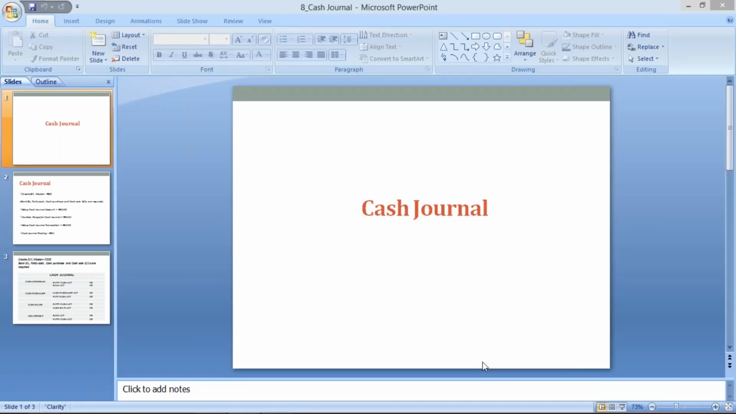Okay, so guys, in this session, I'm going to start a new topic called cash journal. Cash journal, first of all, what is this cash journal? If you talk about any companies, whatever organizations are there,